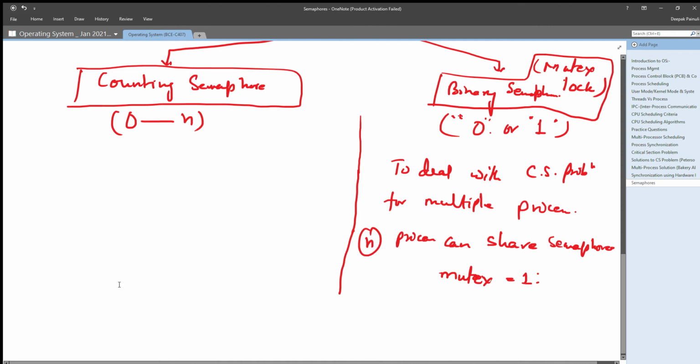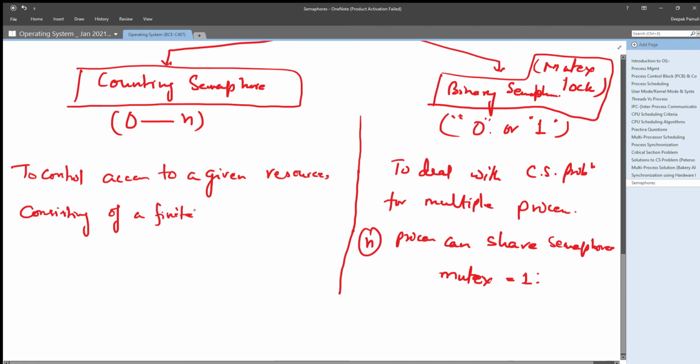Whereas counting semaphore could be used to control access to a given resource consisting of a finite number of instances.